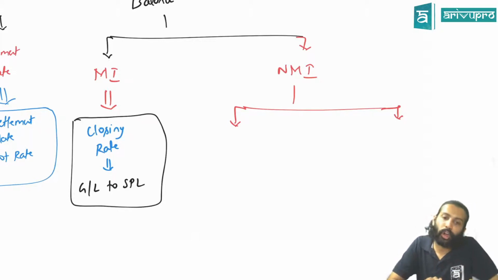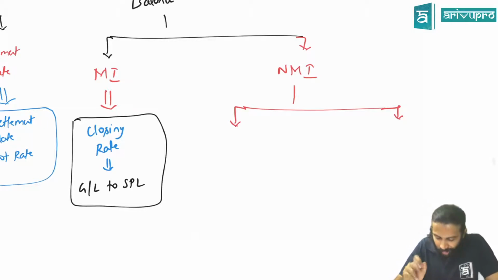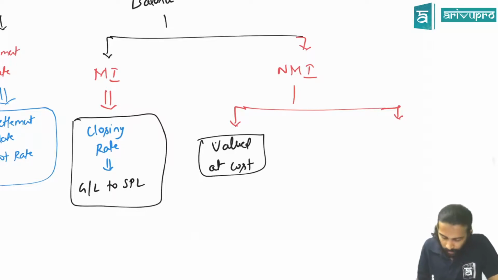Either you can use a cost model. I'm not talking about depreciation. Either you can go for cost model valuation, or you can value under the revaluation model. Revaluation means fair value. Correct? So first you have to check if the non-monetary item is valued at cost. If this PPE is valued at cost is what you have to check. Okay. If it is valued at cost means